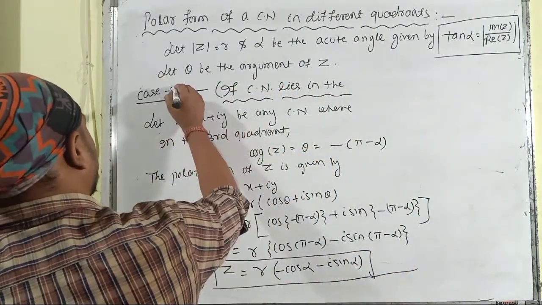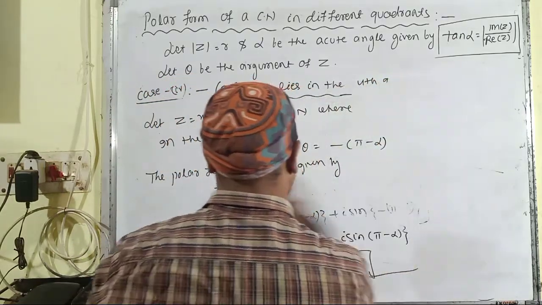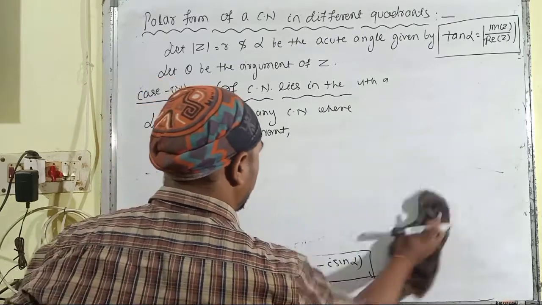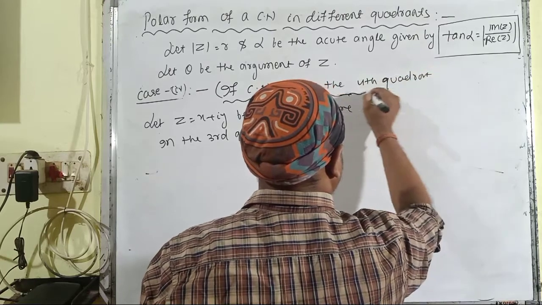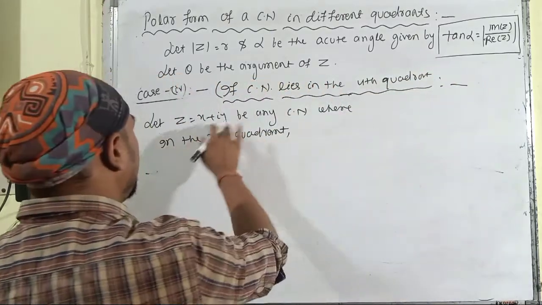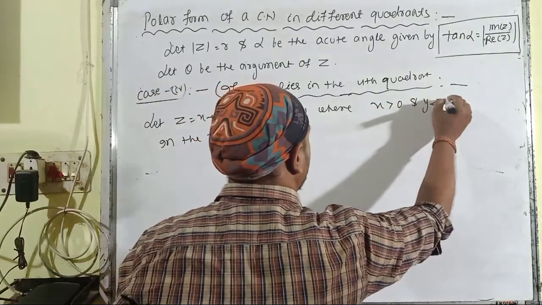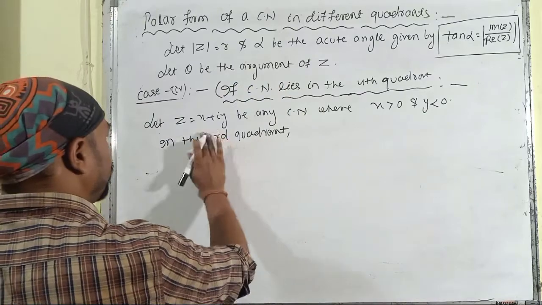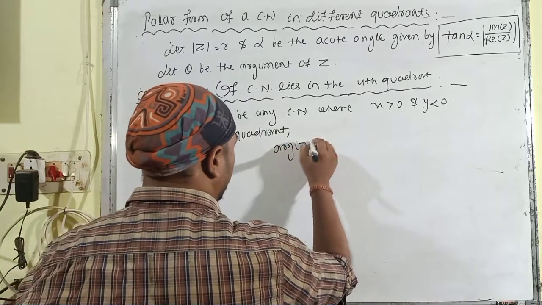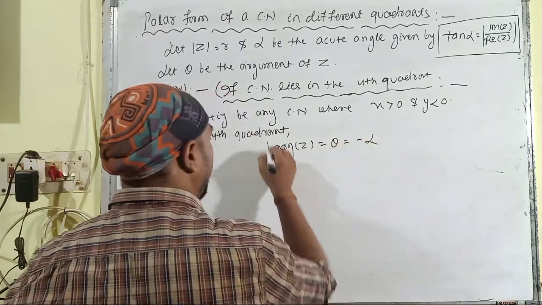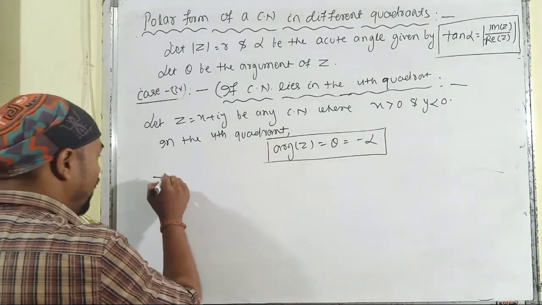This is the fourth case, you can say that. If a complex number lies in the fourth quadrant, let z is equal to x plus iy be any complex number where x is greater than 0 and y is less than 0. In the fourth quadrant, the argument of z, that is theta, will be equal to minus alpha, and we have to apply this in our polar form. The polar form of z